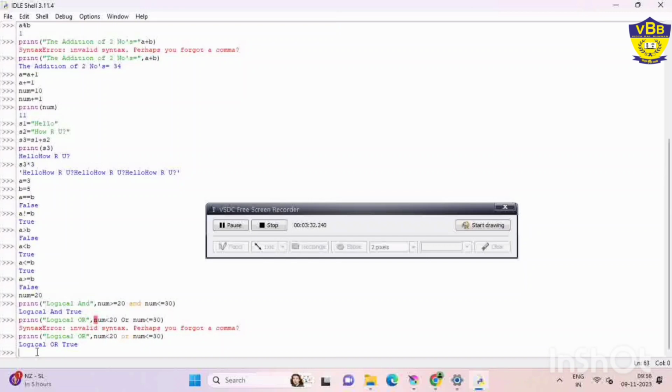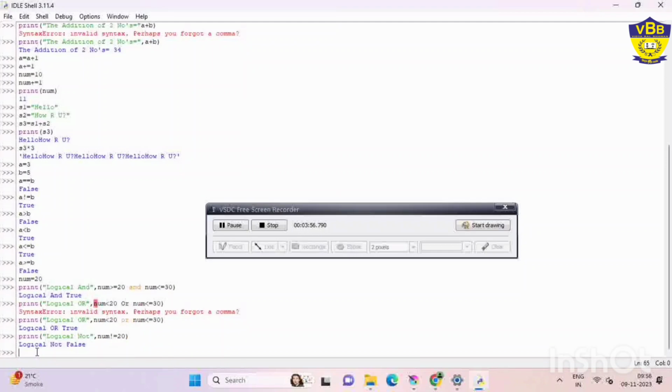Next is the reverse, that is not, logical not. In the logical not, what you need to do is reverse. Whatever you do, it will show you the opposite of that. How will you do it? Logical not, and here num not equal to 20. So what is the condition? Num not equal to 20, 20 not equal to 20. The condition is false. What will you get as the output? That is false. Is it clear to you? So whatever programs we have done in the different operators, that is logical, arithmetic, boolean, practice all the programs at your home as well.